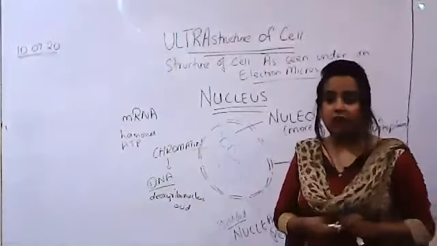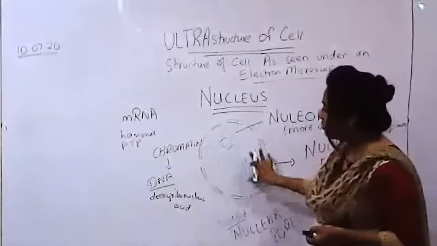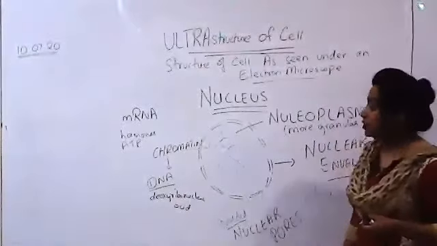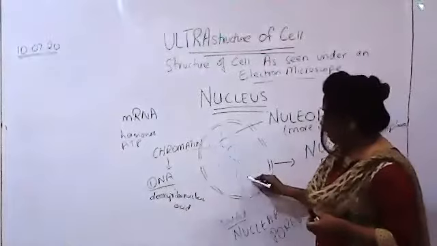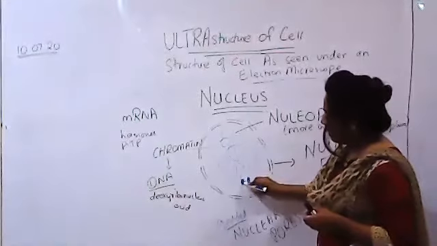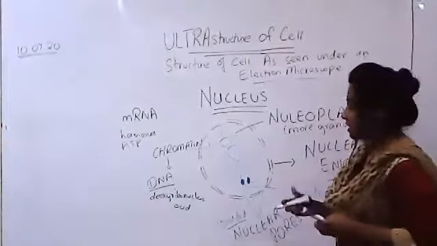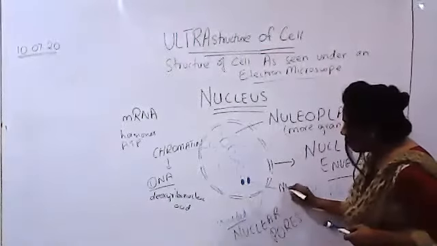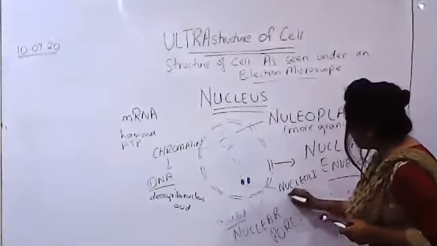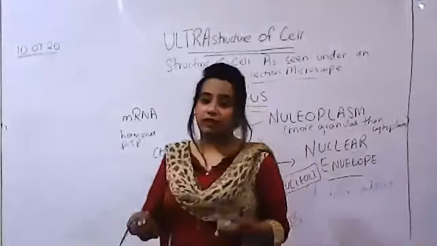The uncondensed, the uncoiled form of chromosomes is termed as what? Chromatin. So this chromatin thread is present inside, it's filling up the nucleus. Another thing that is present inside the nucleus is a darker region, one or two darker regions, which are termed as nucleolus. Nucleolus is singular because if there are two, we'll call them nucleoli. So what does it contain? It contains many nucleoli in it, right?